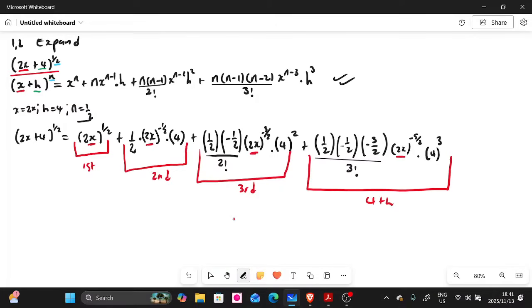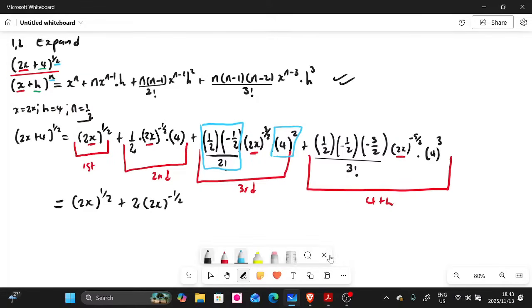Now let's simplify. Like I said, I hope you have your calculators with you, because we need to simplify this. So if you continue, the first term is so simple. You can just write it as 2x to the power of half. For now, just write it like this. Now the second term, we have 4 multiplied by half. That is going to give us 2, right? When I punch everything that is highlighted in blue there into my calculator, I'm getting negative 2. But we still multiply by 2x to the power of negative 3 over 2.